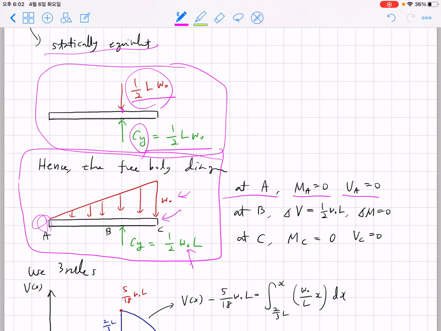At the right end, at point C, we have M_C equals 0 and V_C equals 0. Now at point B, we have delta V equals half W0 L,